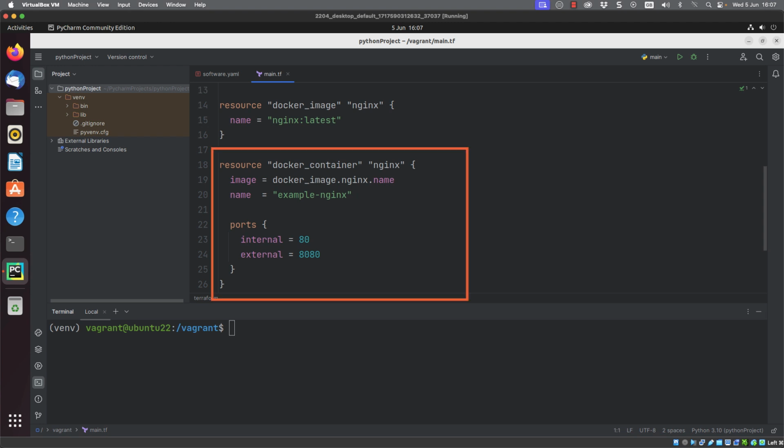Below that, we define the container that we're going to create from the image. And notice that we reference the image within the container. We set up the name for the container and set up our port mapping. Port 8080 on our host is going to be mapped through to port 80 in the container.